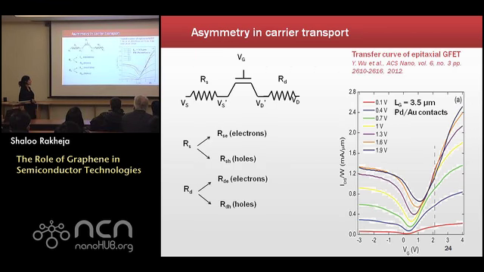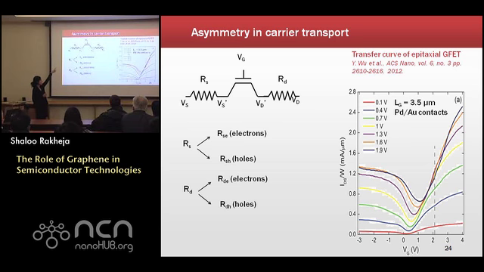Asymmetry in current conduction is another important aspect of graphene transistors. This is a typical transfer curve of epitaxial graphene for a 3.5 micron long transistor. We see that for the same shift about the Dirac point, the electron branch current is more than the hole branch current. And we know that the mobility of carriers in these devices should be roughly the same, at least the intrinsic mobility. Also the virtual source injection velocity of the carriers should be the same because of the symmetry between the conduction and valence bands. So how does this asymmetry really arise? It arises because of the difference in the channel access resistance for electron and hole branches.